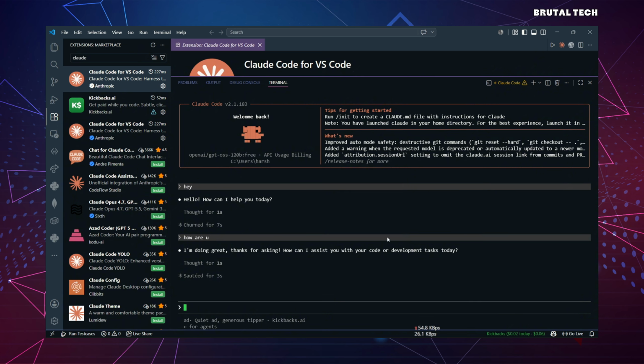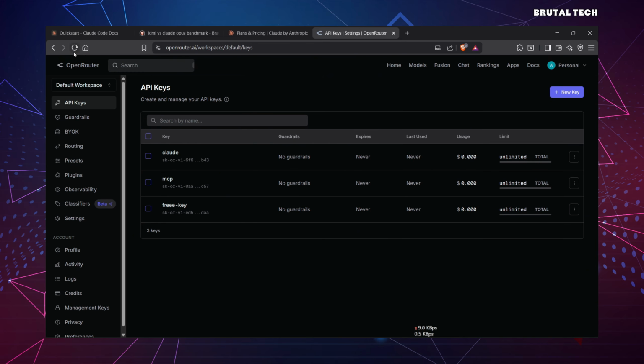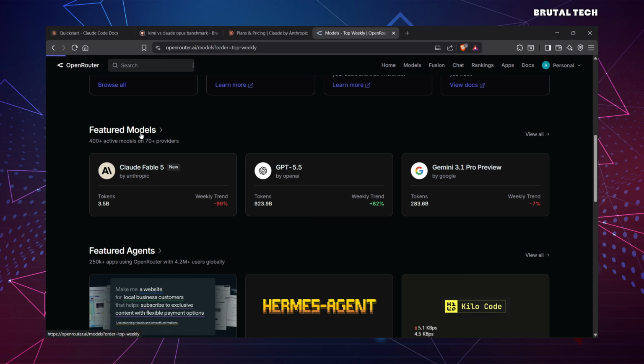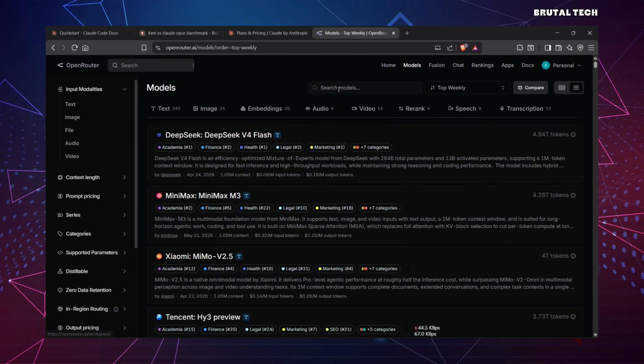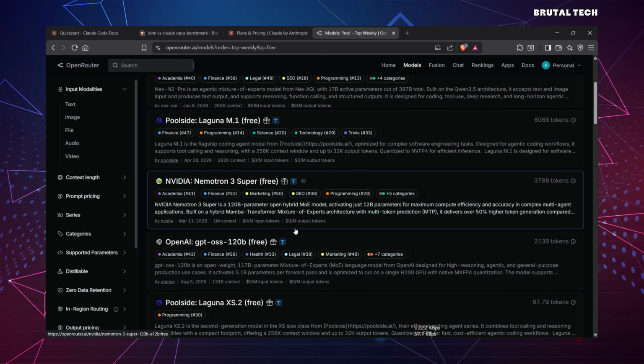Now if you want to use it for voice coding or anything else, you can simply use it from the terminal. Let me tell you one more thing. Go to OpenRouter, click on the featured models, and search for free.